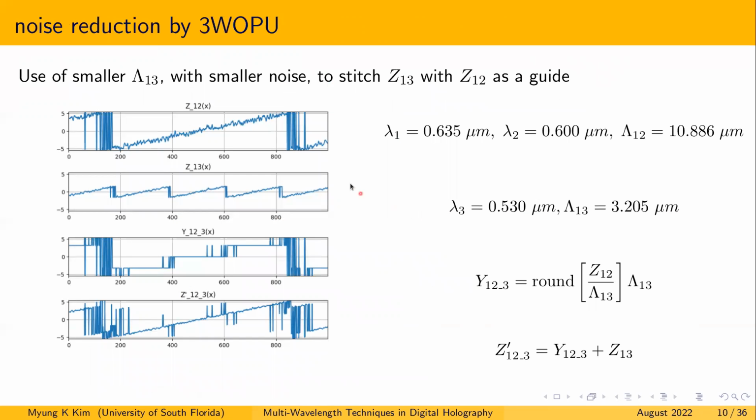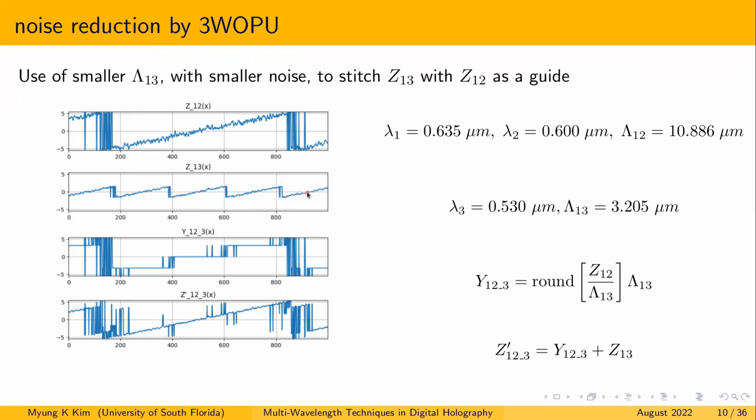The amplified noise can be reduced if we generate another shorter synthetic wavelength, λ13, using a third wavelength, λ3. So if we use λ3 of 0.53 micron, then λ13 is now 3.2 micron. Quite smaller compared to λ12, 10.9 micron. Now the new profile has